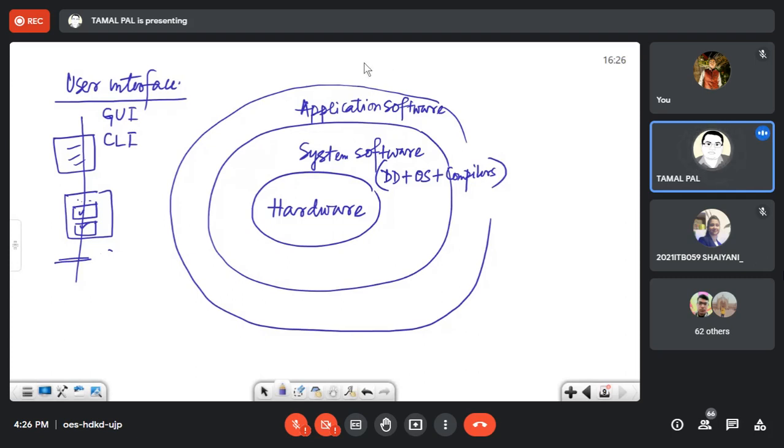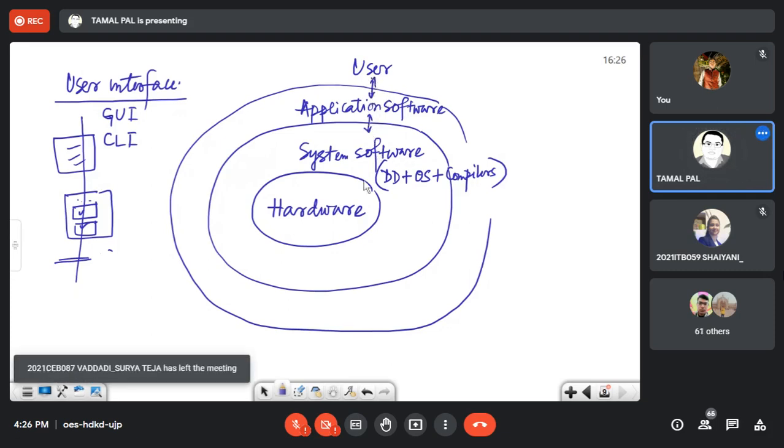And after that it is the end user. When the user communicates, they use the application program, and it communicates through software and then hardware. So these are the layers in a computer system.